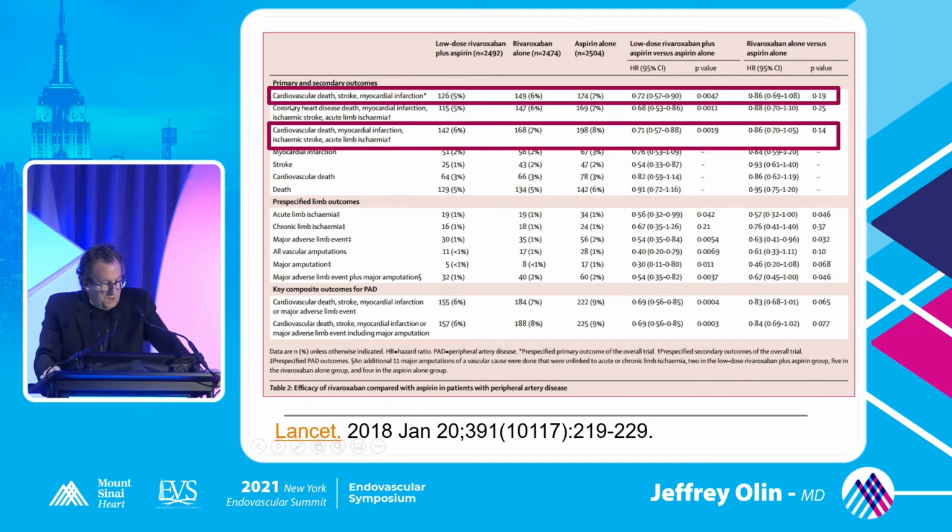The reduction in a secondary endpoint of cardiovascular death, MI, ischemic stroke, and acute limb ischemia was reduced 29%, again, highly statistically significant. So these are stable patients with PAD, symptomatic PAD, who were randomized to aspirin and rivaroxaban